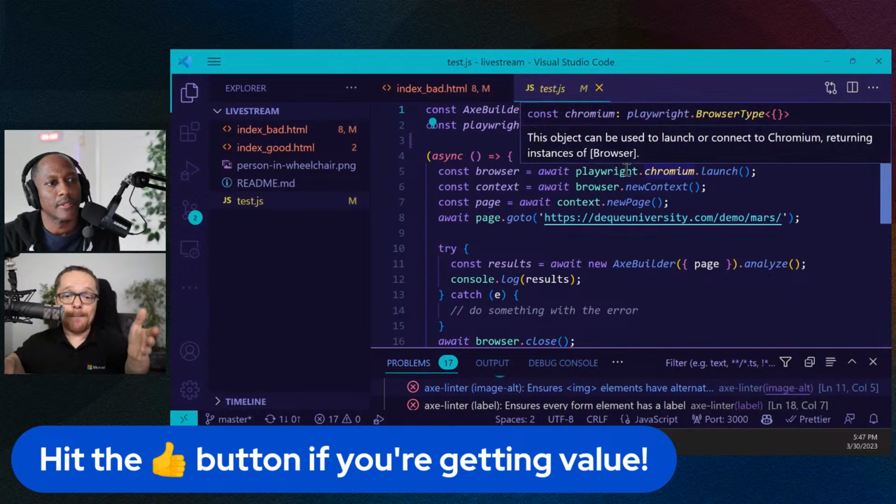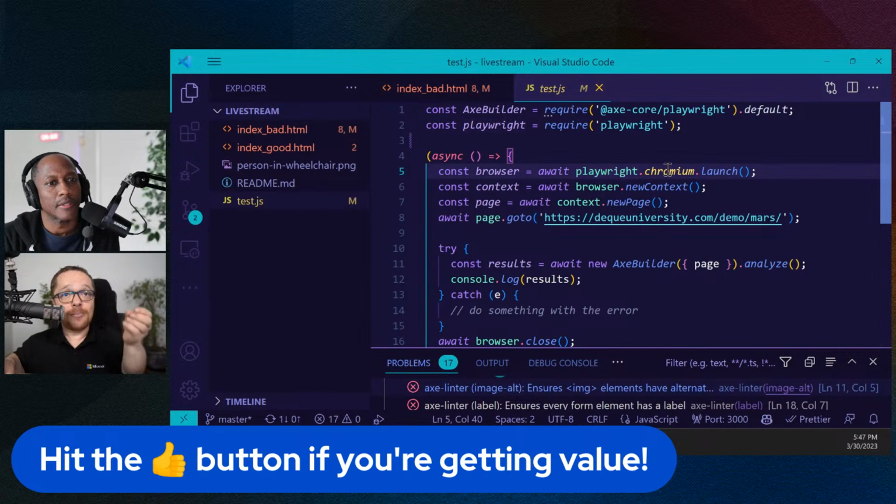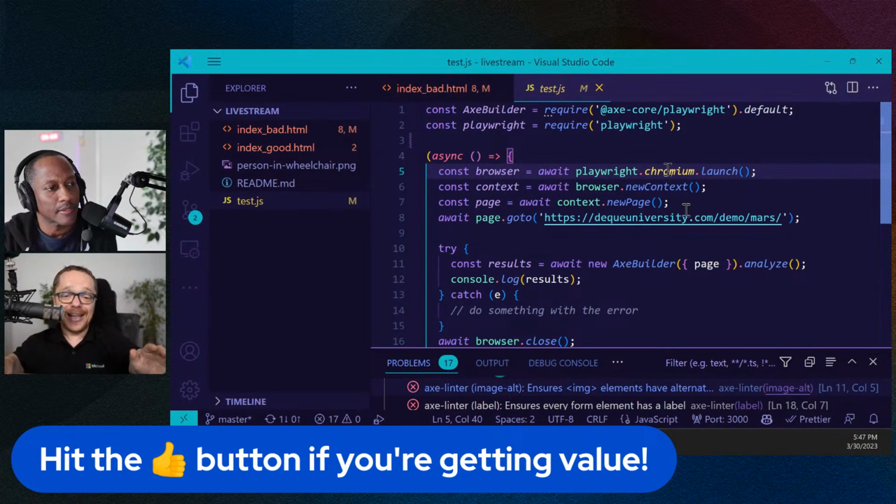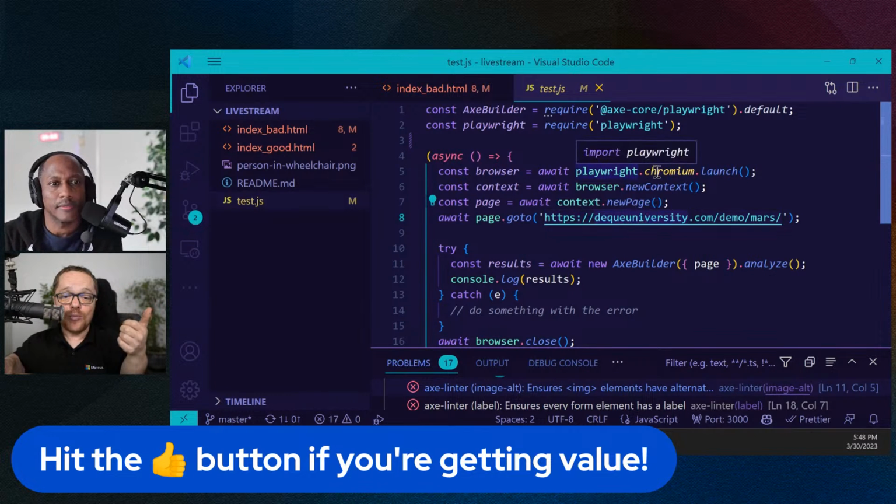Then we're going to open up Playwright, and it's going to open up Chromium. And Chromium then is going to start up a browser window, and it's going to test a website. And what website are we going to test? Remember the Washington DQ University site that we tested in the beginning? We're going to run this automatically with Chrome-based testing. So you can actually run this in your GitHub Actions, your Azure DevOps, your GitLab, all of this. We're going to run that in Chromium.